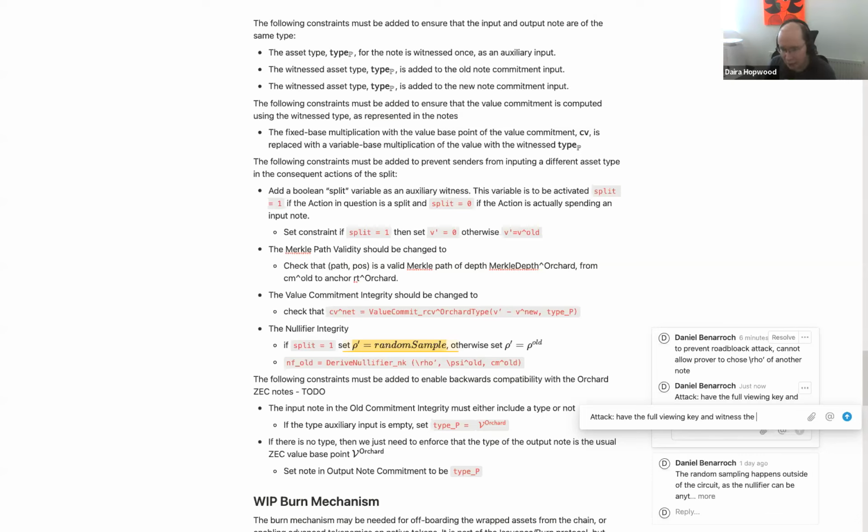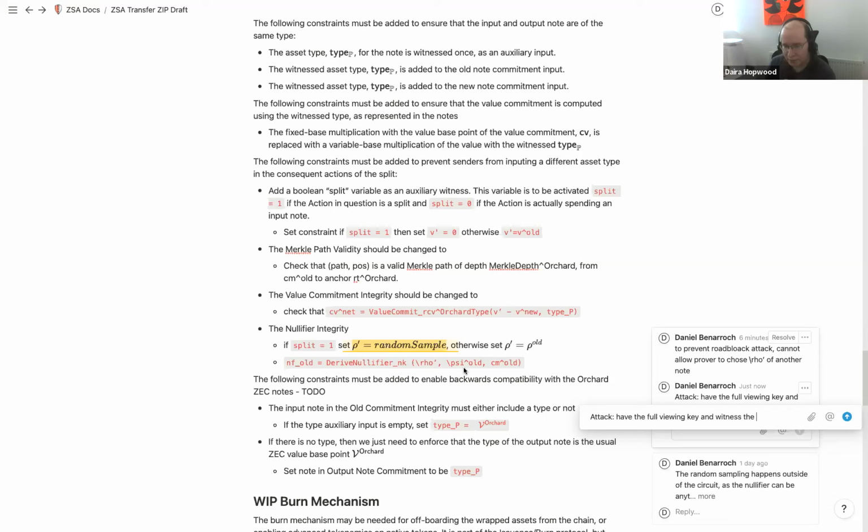So instead of having row prime being random, you have psi prime equals random, and now it works because row old is checked to be unique, and